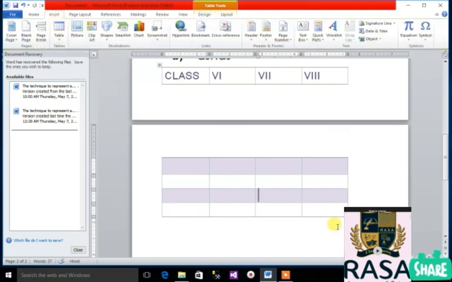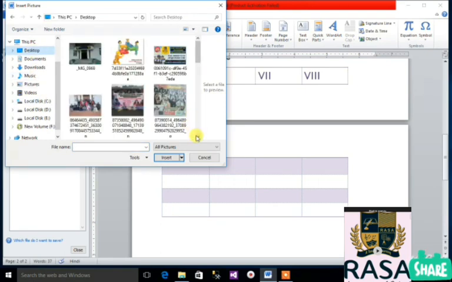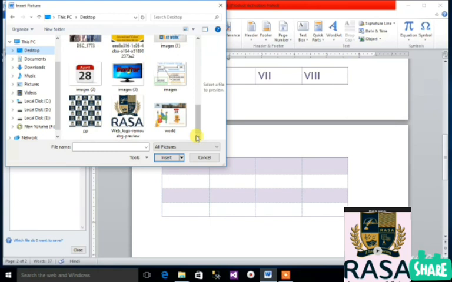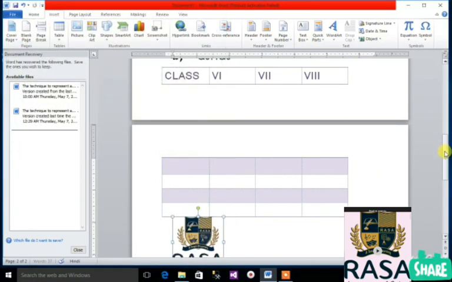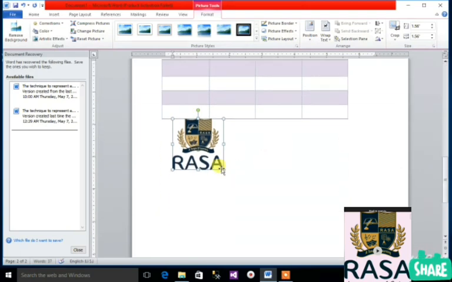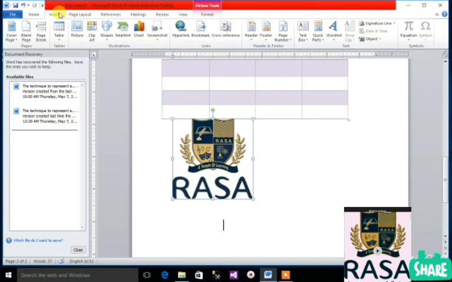Okay, so in the next we will add a picture. How do we add a picture in our document? By this, if I'm selecting from this and I select one picture like this, so the picture is selected and we place the picture here. Okay, you can select clip art.